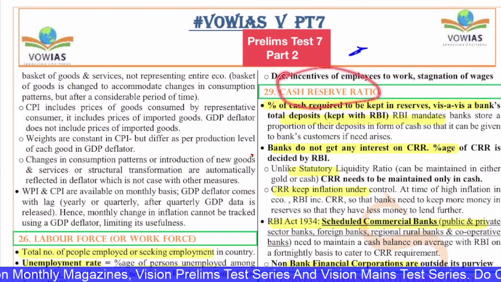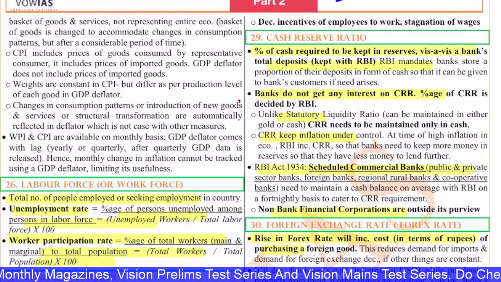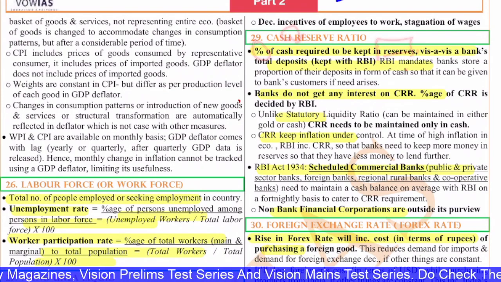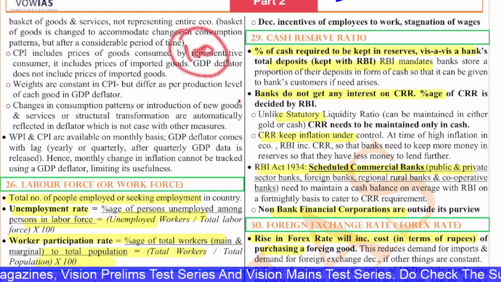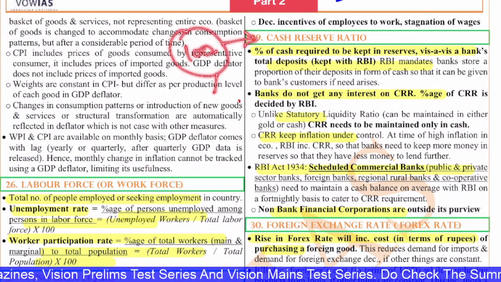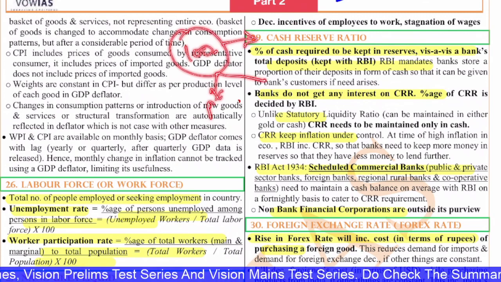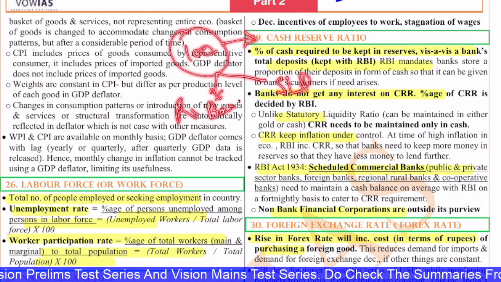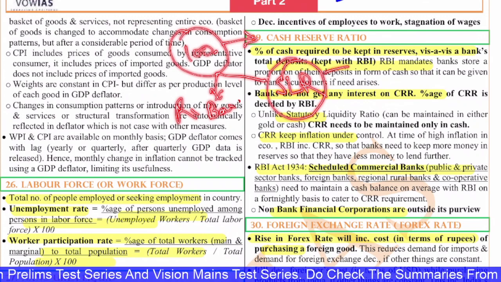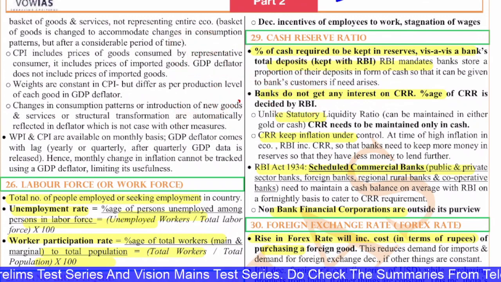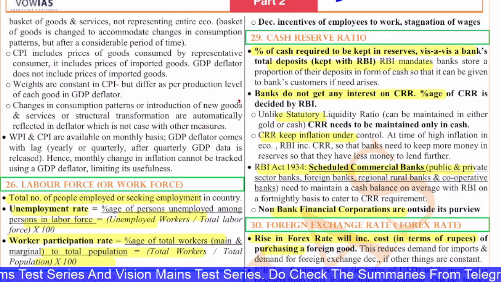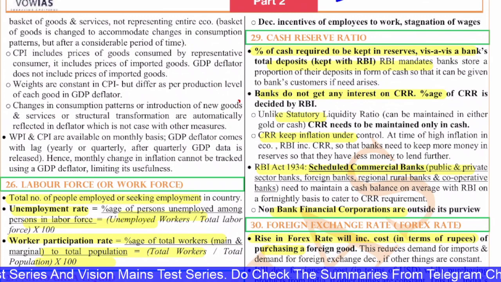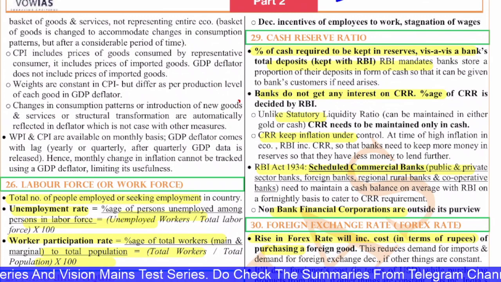Next, the cash reserve ratio. Cash reserve ratio is nothing but the percentage of cash that is required to be kept in reserves with the RBI. Let's say 100 rupees is the deposit that a bank gets. Out of this 100 rupees, a certain portion has to be kept with the Reserve Bank, and a certain portion has to be kept with itself and with other banks in the form of SLR as suggested by the RBI. So SLR and CRR are the two important instruments with which RBI tries to control the money or the deposits with the banks.